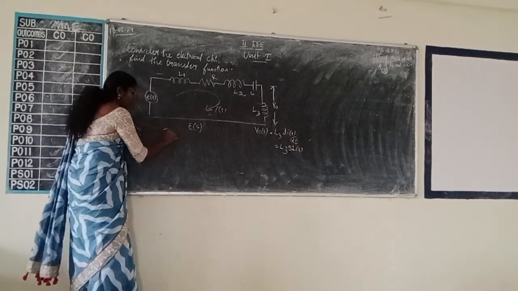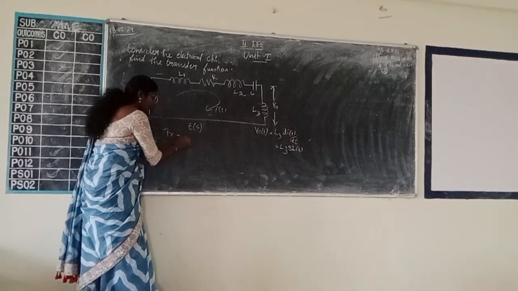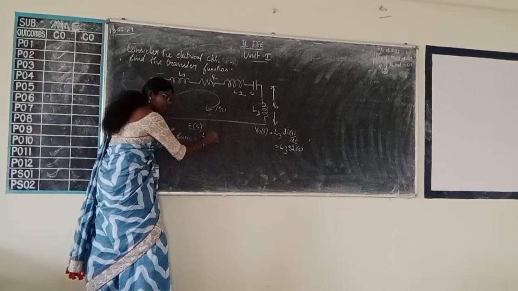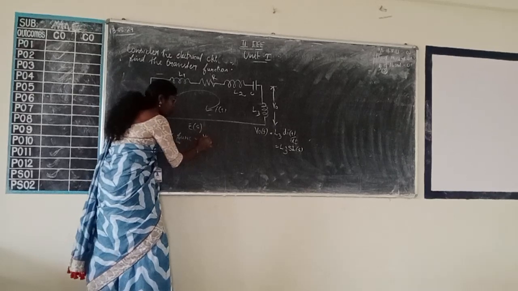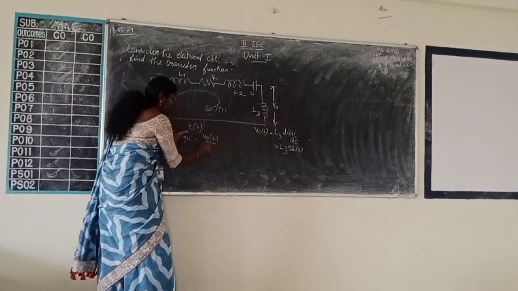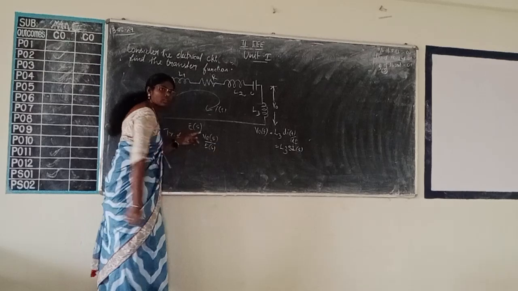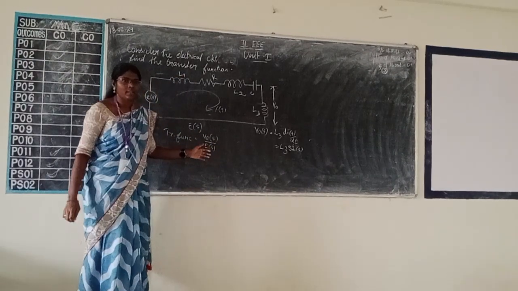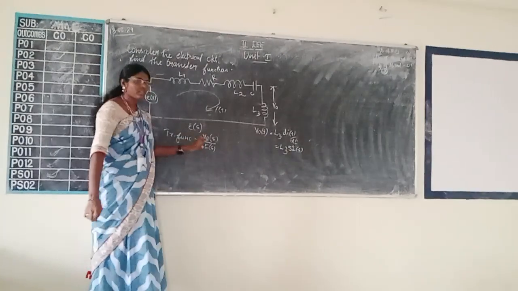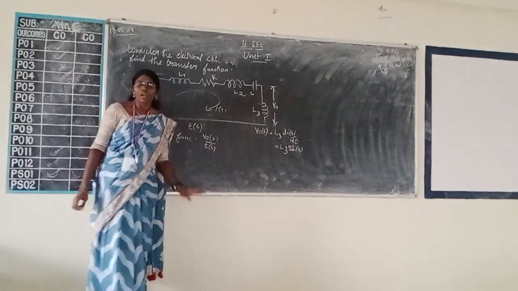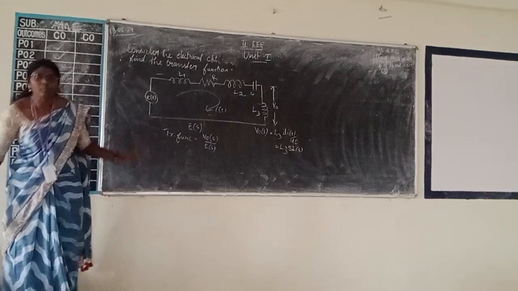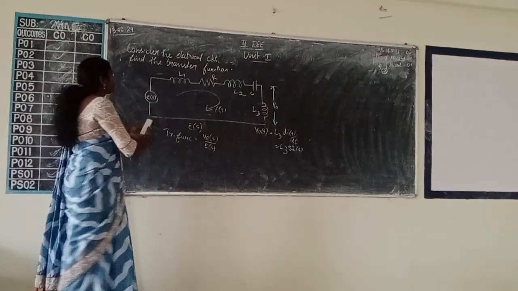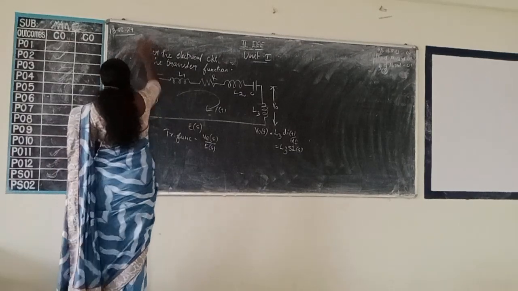So the transfer function is equal to V naught of S by E of S, which you have found out. Substitute both, cancel, and suppose everything is going to cancel. After that, the final output is your transfer function. However the circuit may be, if you follow the same procedure, you will get the transfer function. And now, let us put on the next heading, that is